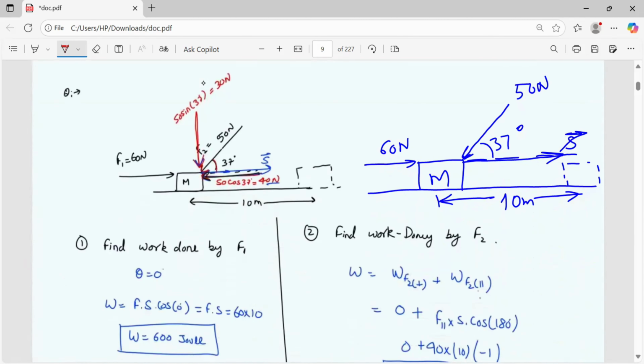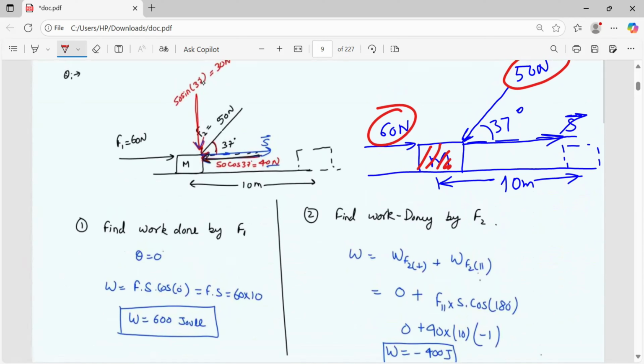Suppose if we are interested in calculating work done in this particular diagram, in which mass m is there experiencing a force of 60 Newton in horizontal direction and other force of 50 Newton at 37 degree with respect to ground. So you have to calculate the work done by first F1 then F2. So let us calculate by F1. In this case, for F1 the theta is equal to 0, as you can see here, and displacement is given as 20 meters in horizontal direction. So put the formula and get the value. FS cos 0, you are getting this 1200 joule, because the values are given as such, 60 and 20.